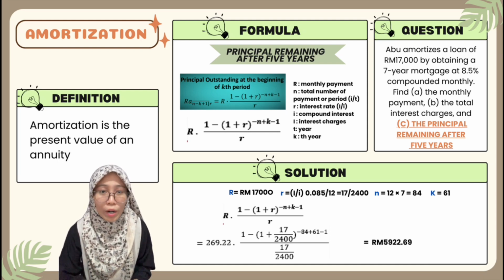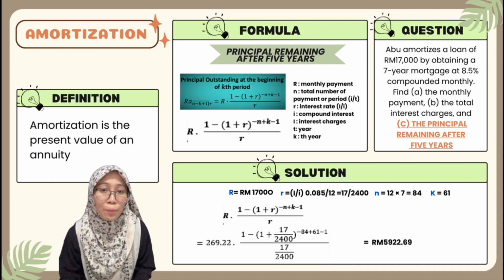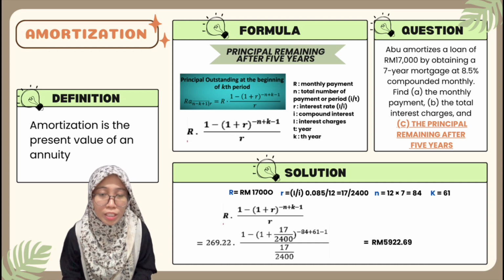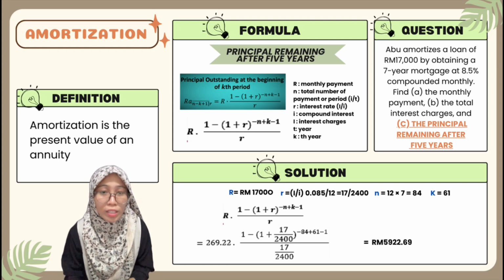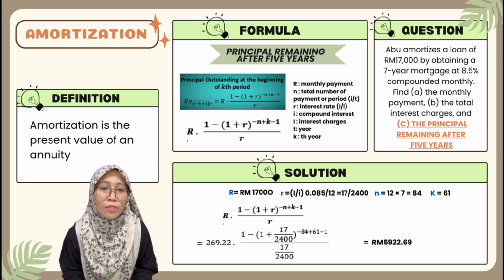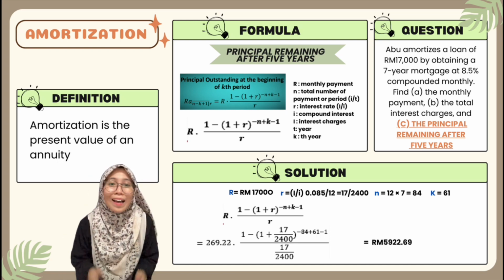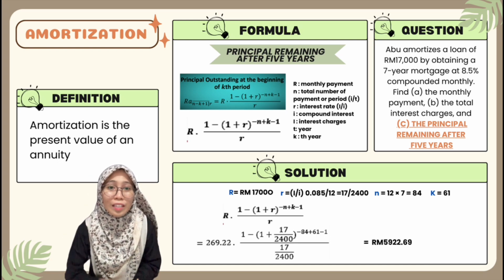K is 61. So R, 269.22, times 1 minus 1 plus r, 17 per 2,400, to the power of negative n, 84 plus k, which is 61, plus 1, over r, 17 per 2,400, and the answer is RM